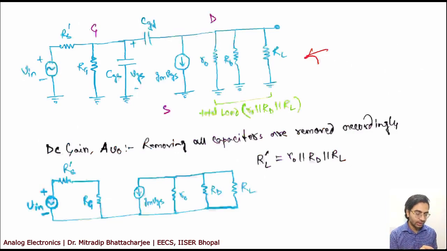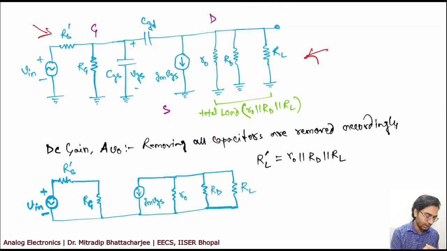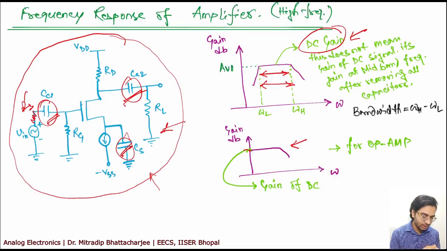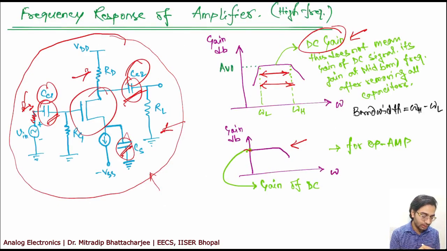Now in the equivalent circuit, you can consider a resistance here, Rs dash, which appears here as Rs dash. Then you have Rg and Cgs, the capacitance. This is not these ones, okay? This is the capacitance of the MOSFET. So you have Cgs, then from gate to drain you have CGD. The current source is gmVGS. R0 is the output resistance. RD is the resistance that we use on the drain side. So this will come in the output side.